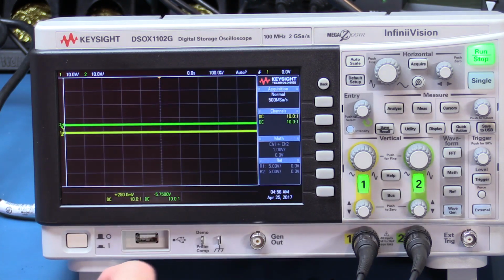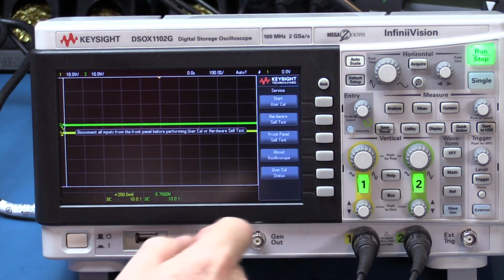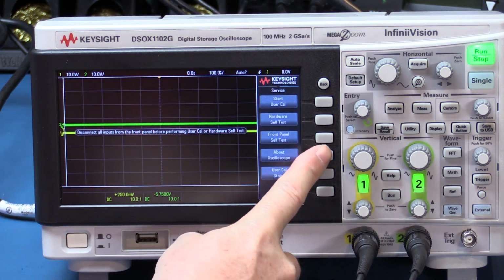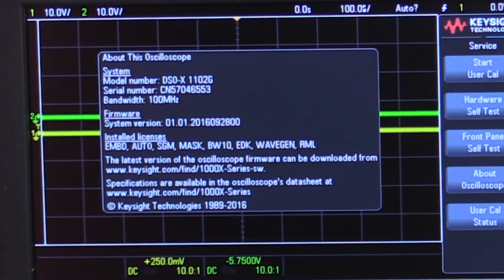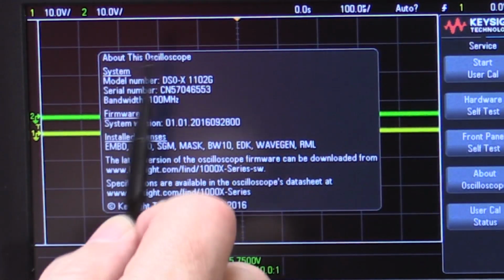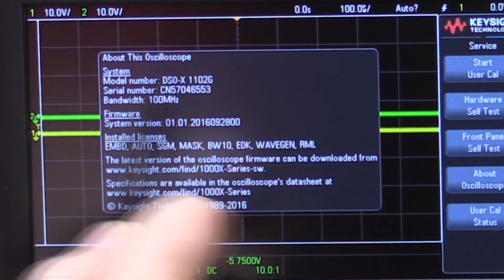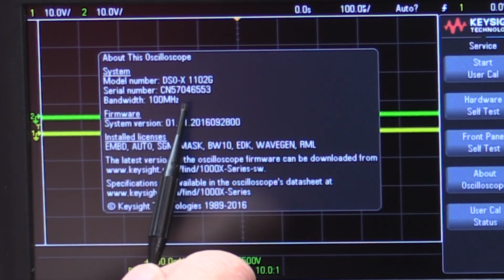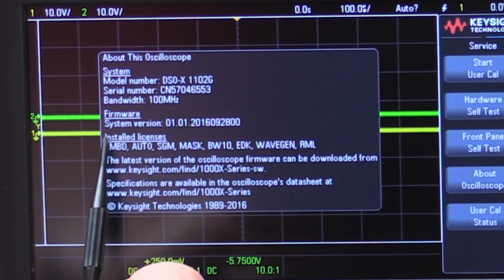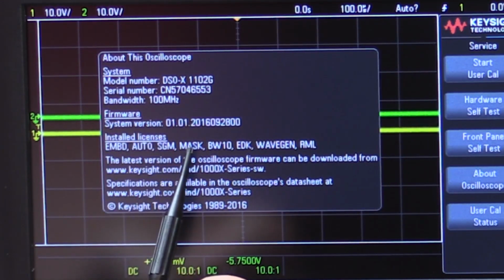Okay, so to find out what we want to look at, we press Utility, Service, and About Oscilloscope, I think. There we go. So what we can see here is that we have model number DSOX1102G, with the G meaning it's got the waveform generator, serial number, bandwidth 100 megahertz, firmware, installed licenses: EMBED, Auto, SGM,